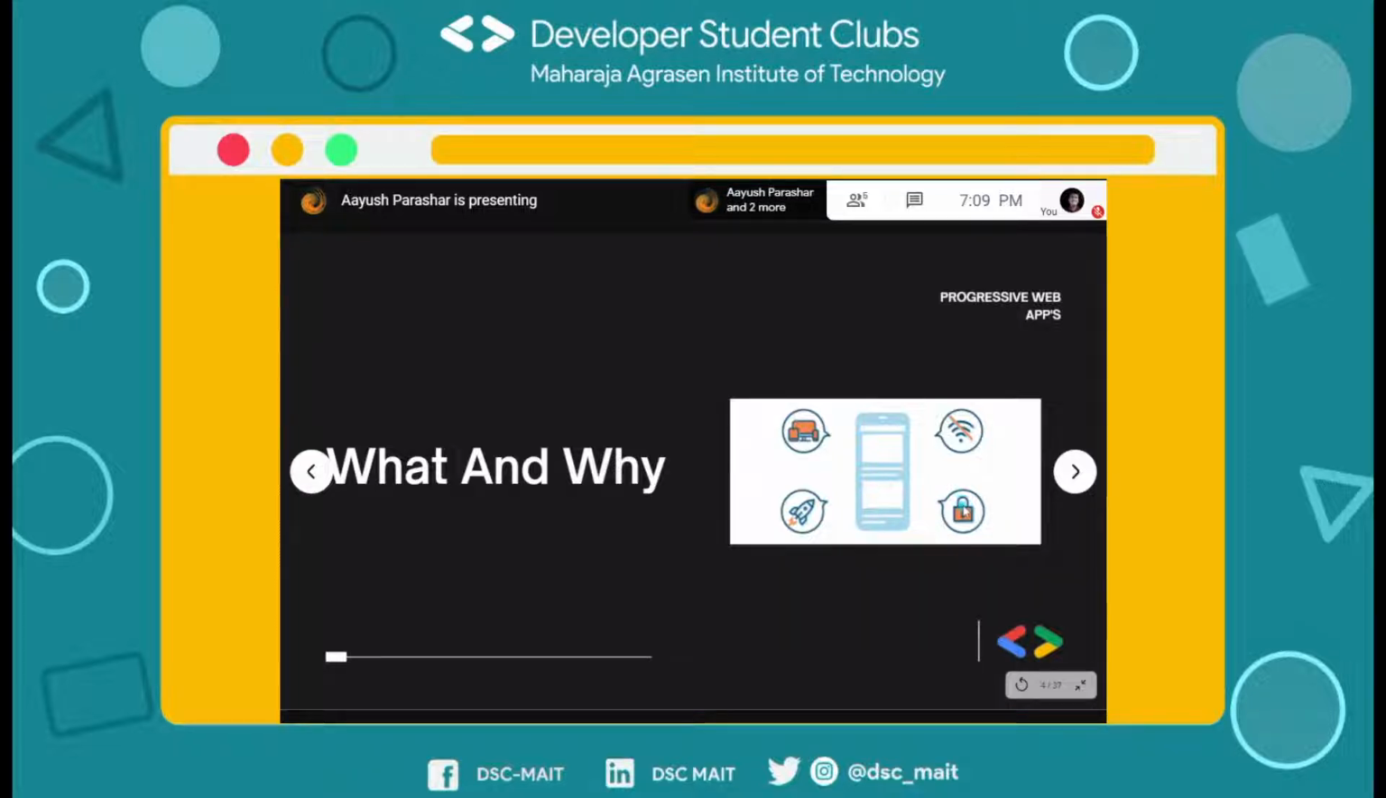Okay, so starting with what and why. So what is basically PWA? I think that most of you don't know the exact terms that what is PWA. So dissecting the word, it becomes progressive and web apps. Web apps, as you know, are the simple web applications that you make by React, HTML, CSS, JavaScript, and other frameworks. But the word progressive means here that you can enhance your existing files or